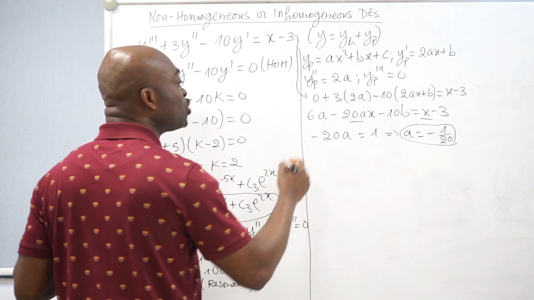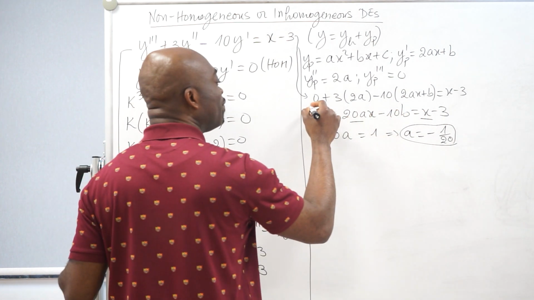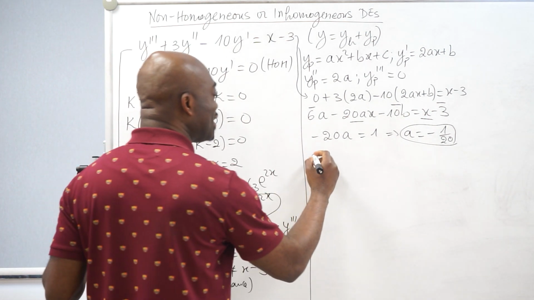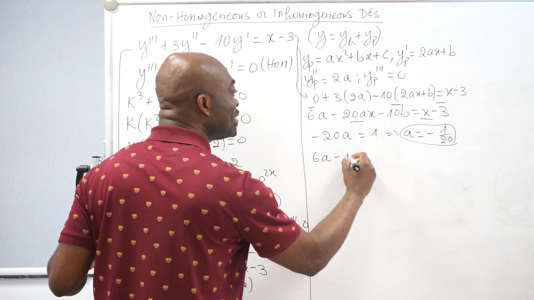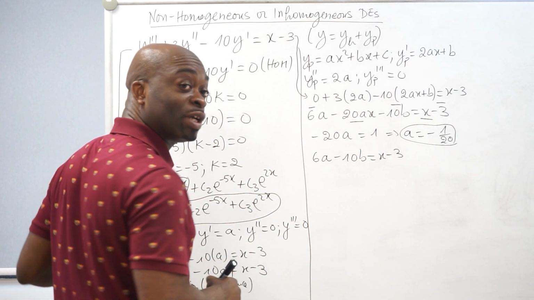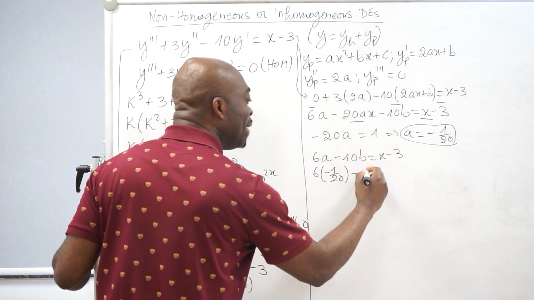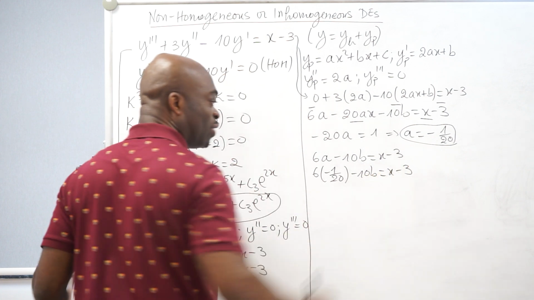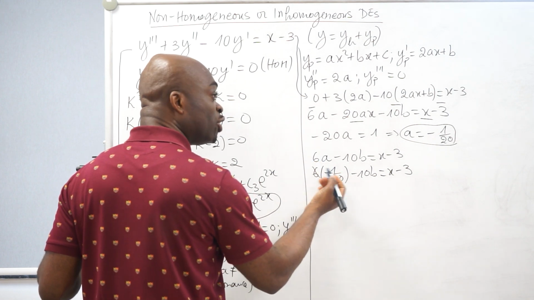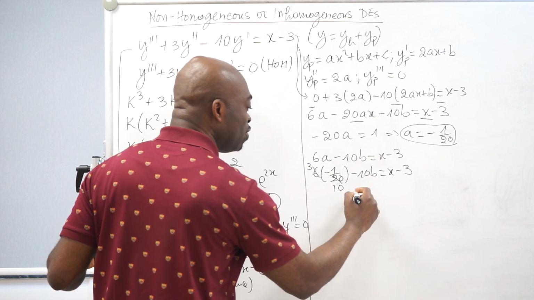We have a, which is negative 1 over 20. We have to find b. So to get b, we go back here to this equation and equate it again. This should be equal to negative 3, which is the constant. So we have 6a minus 10b equals x minus 3. That's all we have to solve for. In this case, we're looking for b because we already know a. So it's 6 times negative 1 over 20 minus 10b equals x minus 3. Are we good so far? All right, then we can simplify. 2 goes into these two evenly, so 3 times here and 10 here. So you end up with negative 3 over 10